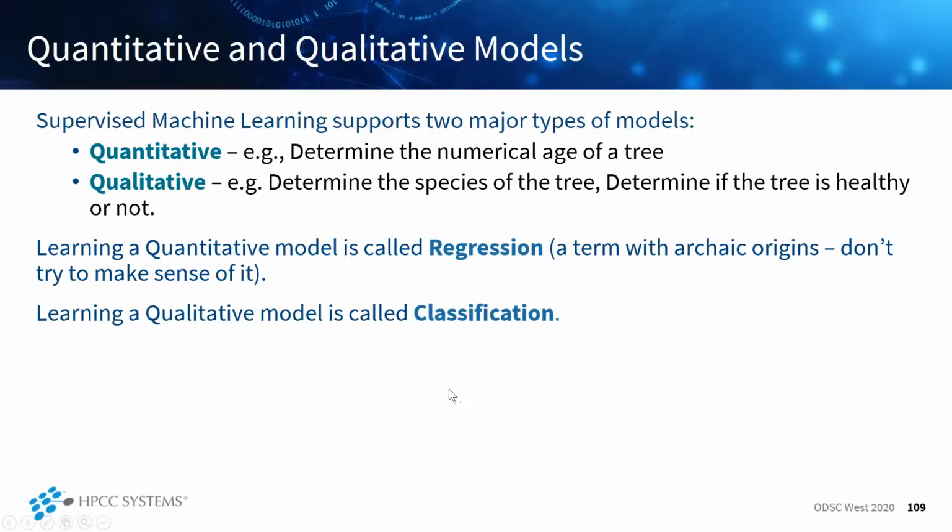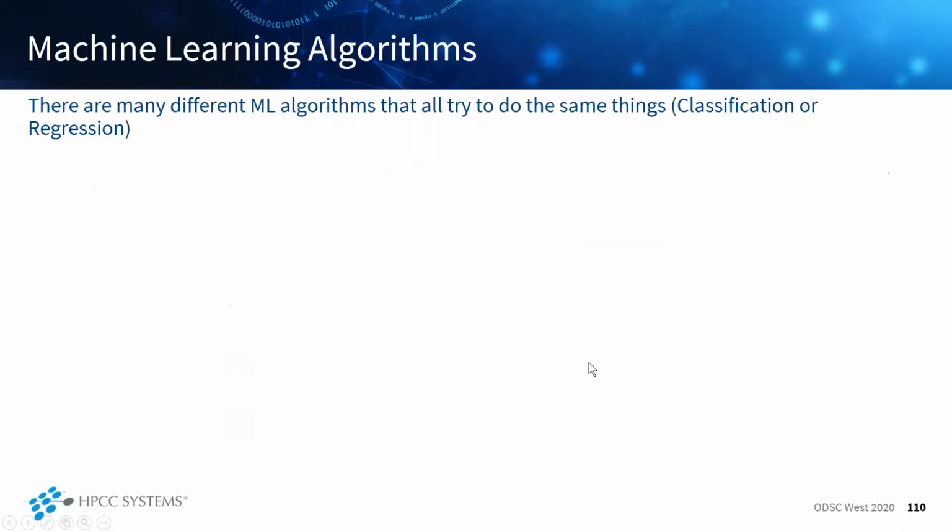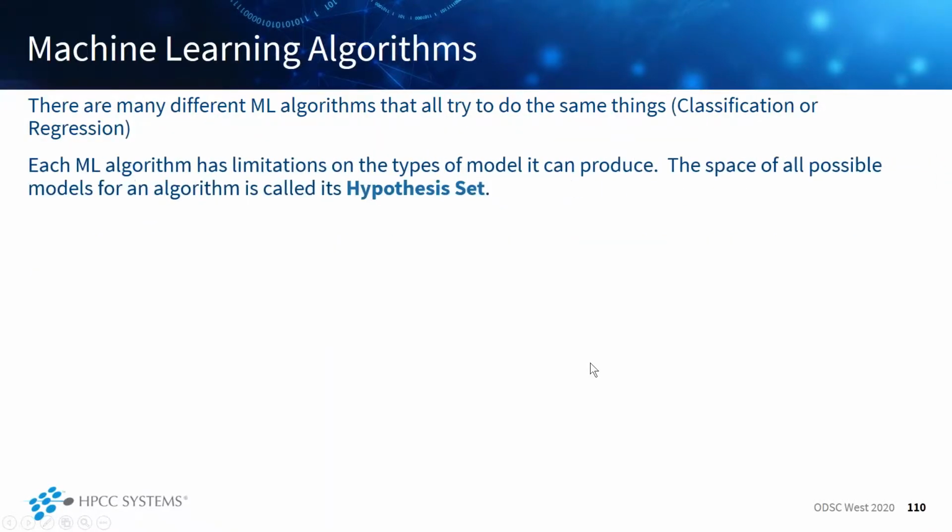Qualitative model is called classification. So again, when I talk about something quantitative, I'm normally talking about the regression model. Then I talk about the qualitative model, which is using some form of classification. Okay, so